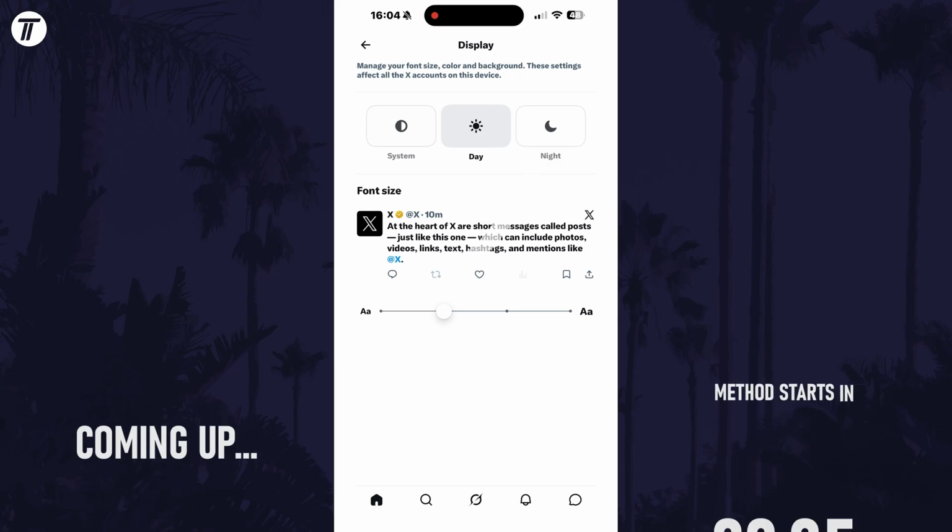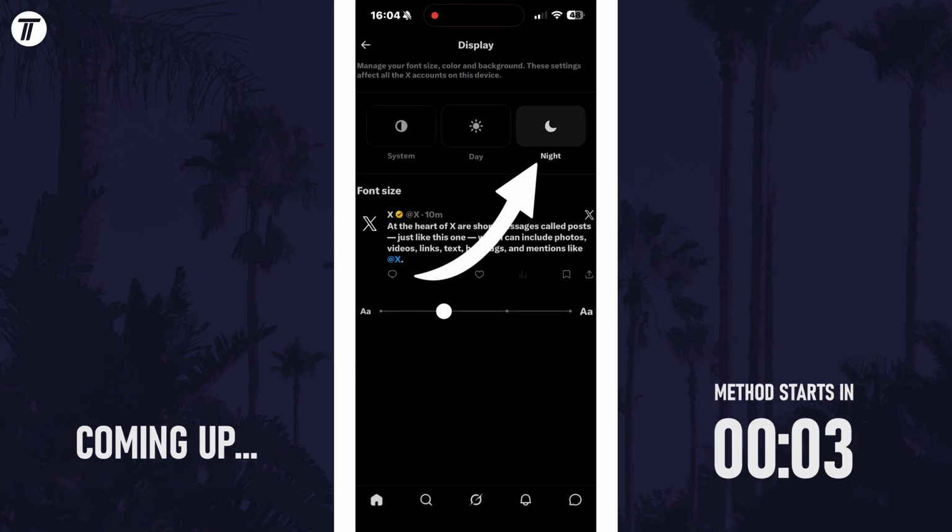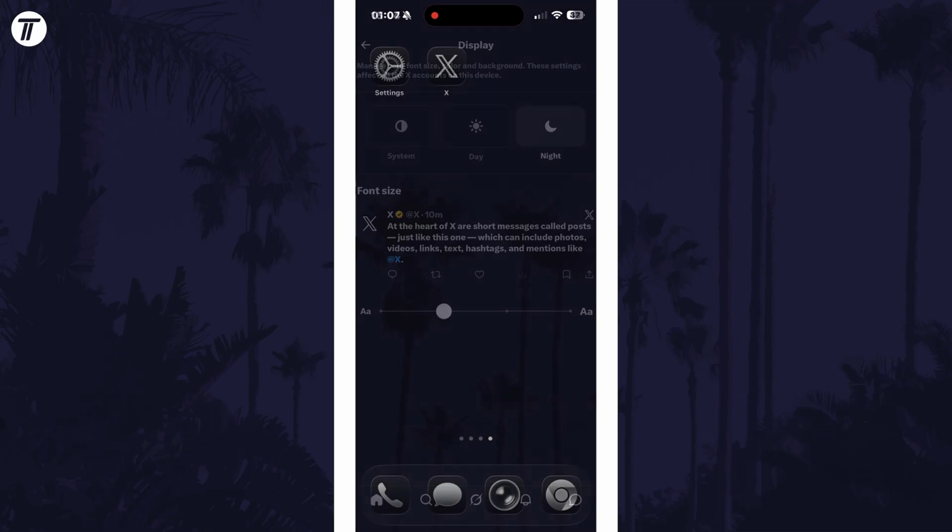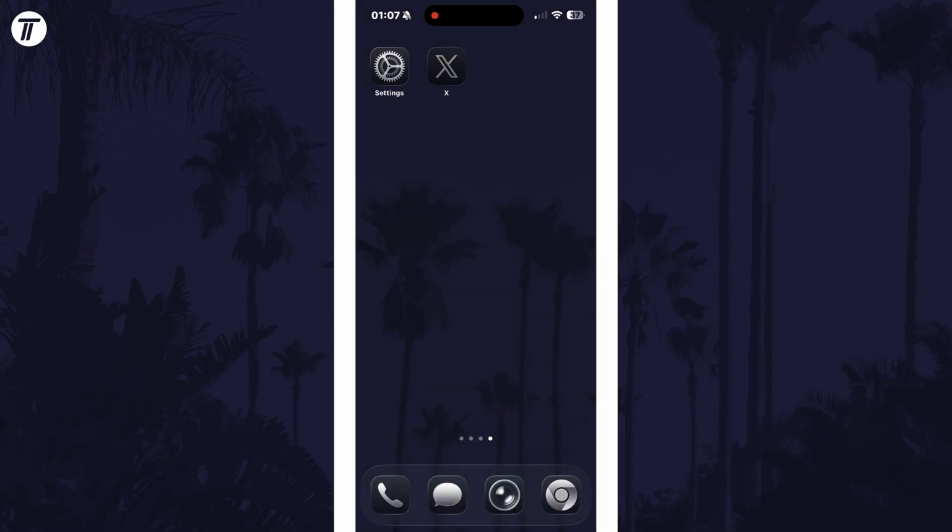In today's video I'll show you how to turn on dark mode on X or Twitter in the mobile app. Let's get into the method. First we'll try changing this in the app settings. If when we get to it the option isn't there, I'll also include a second method to turn on dark